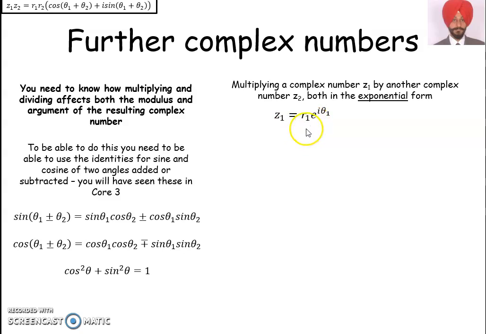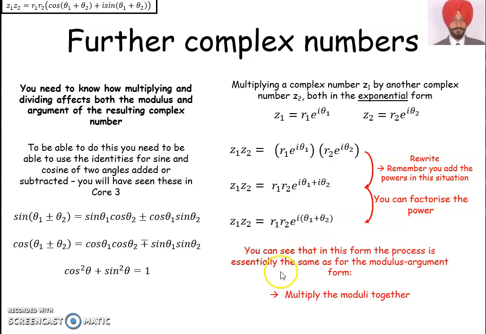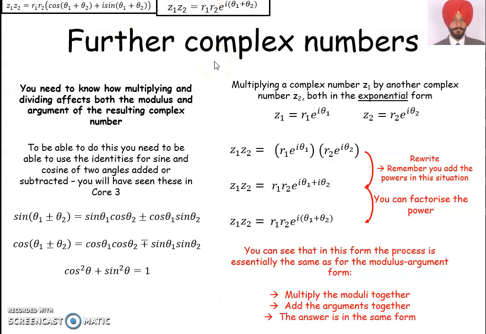In exponent form, z1 is equal to r1 e raised to the power iota theta 1, z2 is equal to r2 e raised to the power iota theta 2, and when we multiply these two, we get r1 into r2 e raised to the power iota theta 1 plus iota theta 2, and when iota is taken common, I get this one. Here we see that we multiply the moduli together and add the arguments. So this result is r1 into r2 e raised to the power iota (theta 1 plus theta 2). These two results are the same because e raised to the power iota theta is equal to cos theta plus iota sin theta.